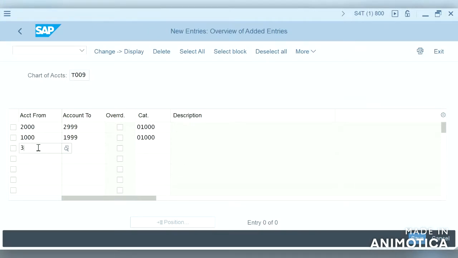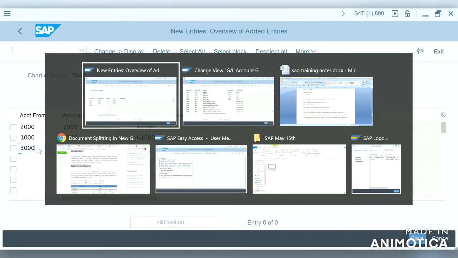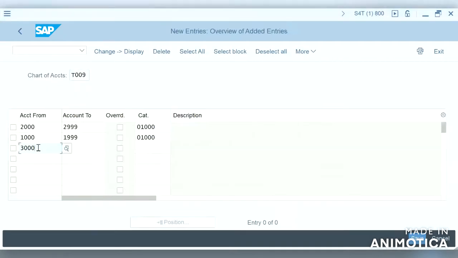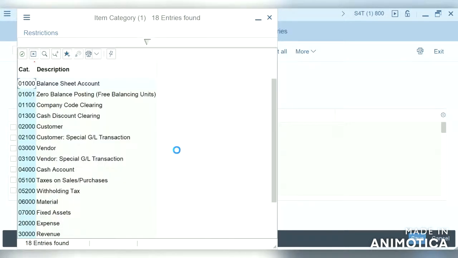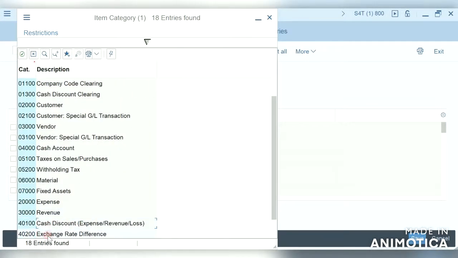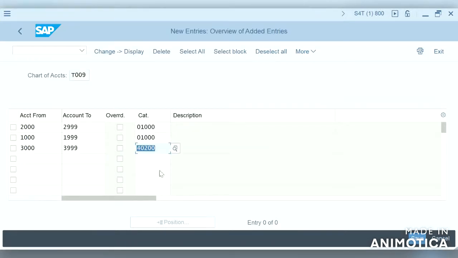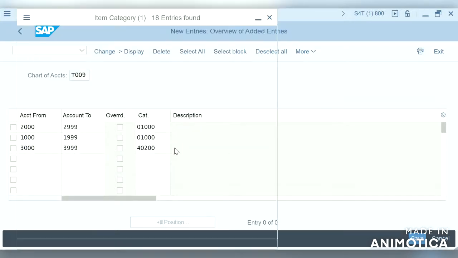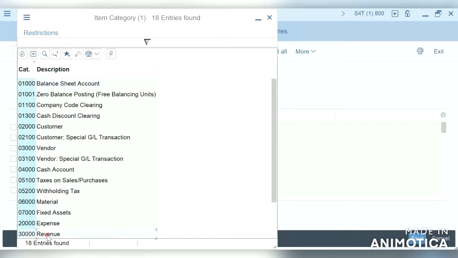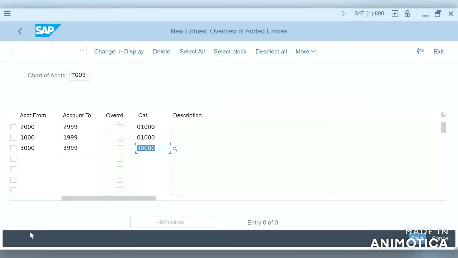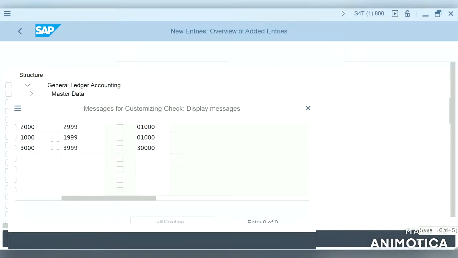And the missing is 3000 and 3999. These are revenues. Revenue. Let us save this.